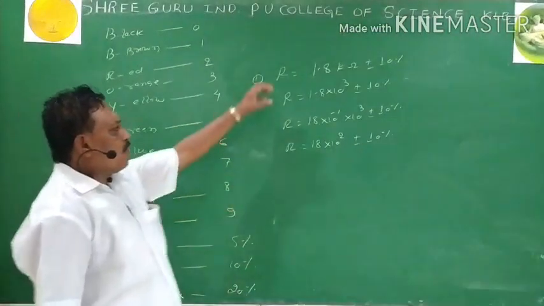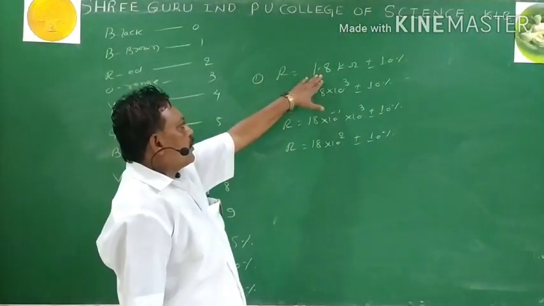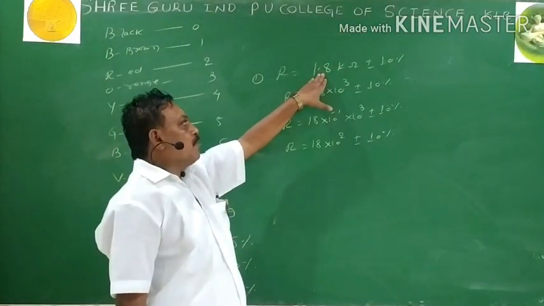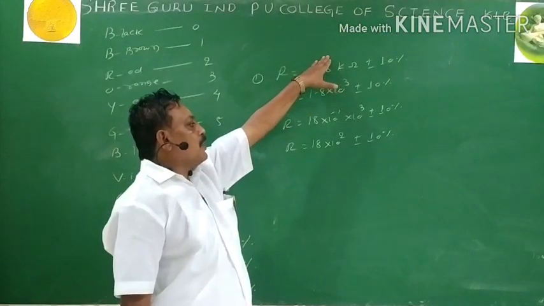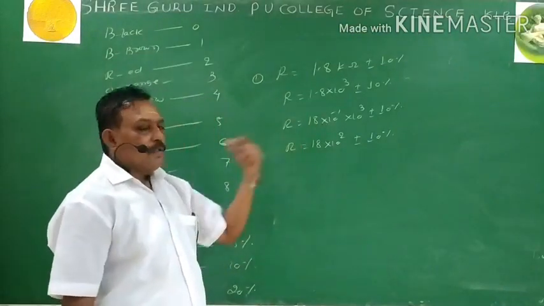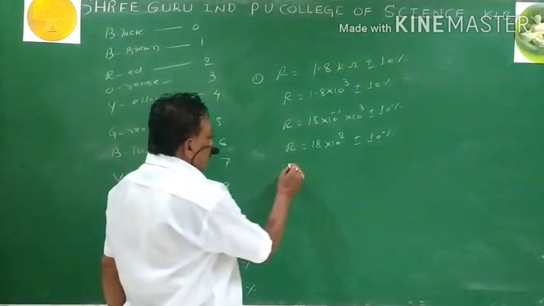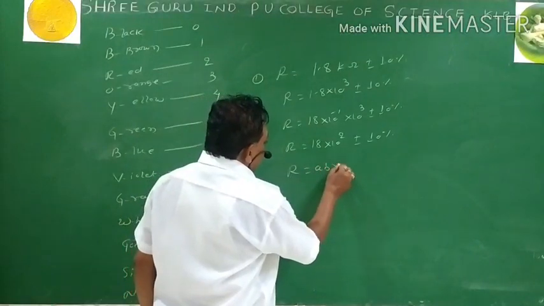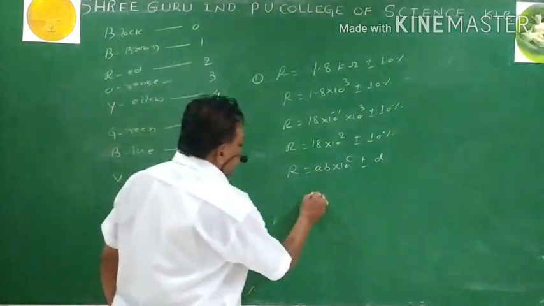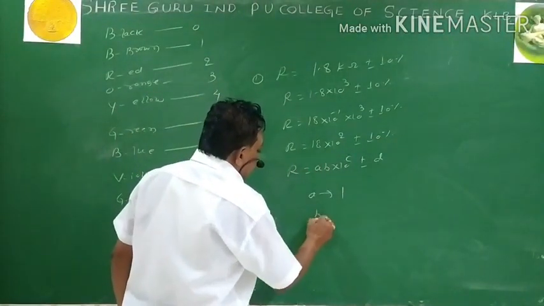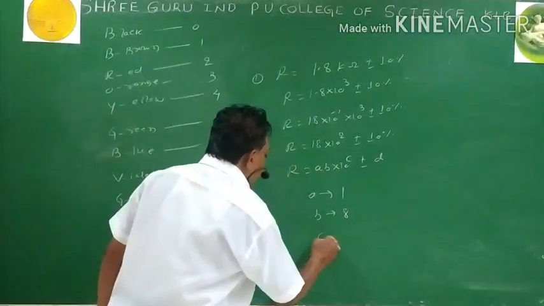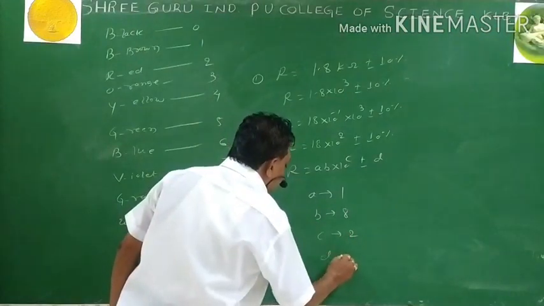Now all the steps are not going to be done in a lengthy manner. Just by saying 1.8 kilo, 1.8 into 10 to the power of 3. 1.8 is nothing but 18 into 10 to the power of minus 1. This is plus 3. Minus 1 plus 3 is plus 2. That is a fraction of a second. You have to make it in your mind, then jot it down. Then I go for the equation R equals AB into 10 to the power of C plus or minus D. Then A belongs to 1. Is it clear? B belongs to 8. Are you getting the point? Then C belongs to 2. Then D is nothing but 10%.